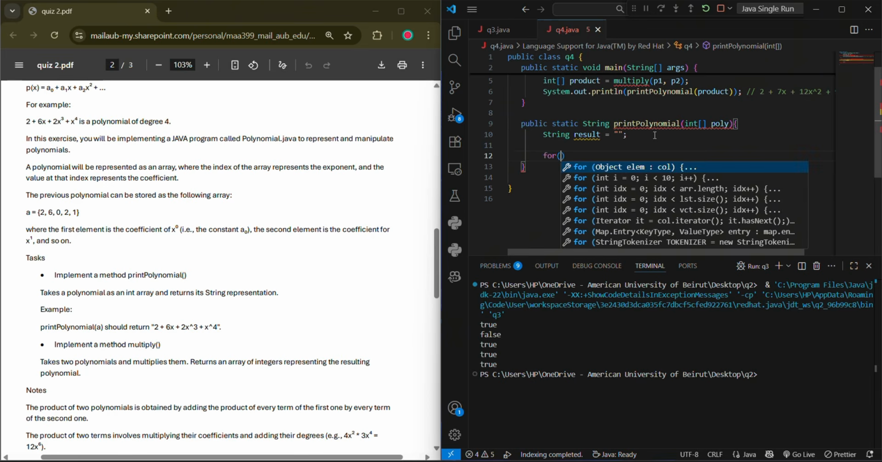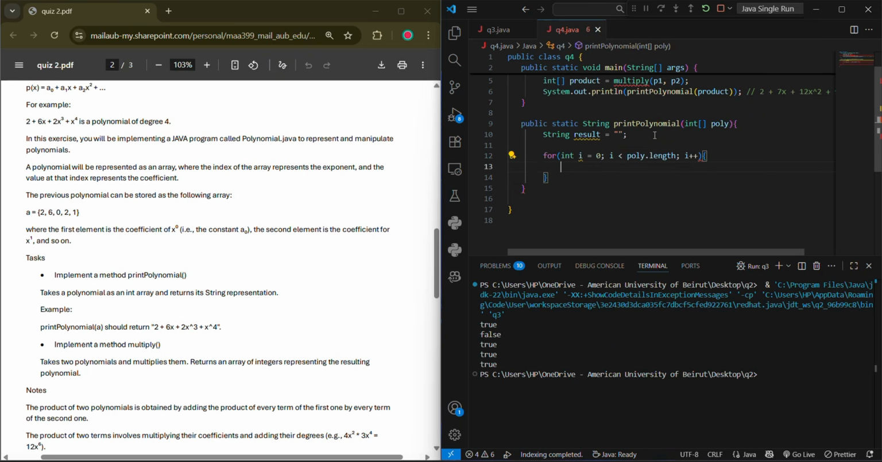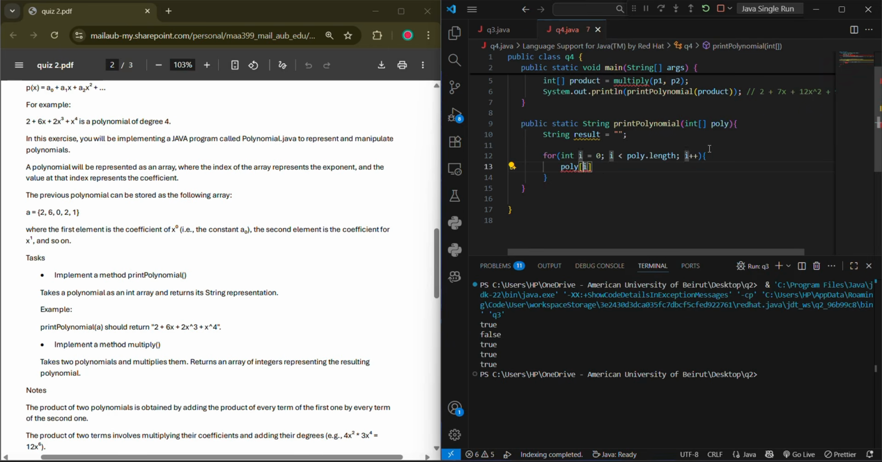Then of course, we want to loop over that array. So for int i equals 0, i less than poly dot length and i plus plus. Okay, so let's have poly at i equal to n. So int n equals poly at i. So let's take further examination on the principles we need to print. First of all, we have the coefficients. We are printing them normally, unless